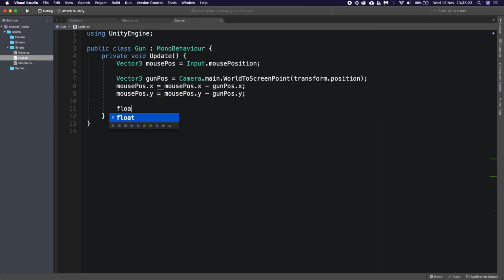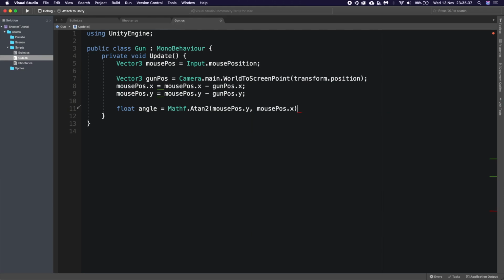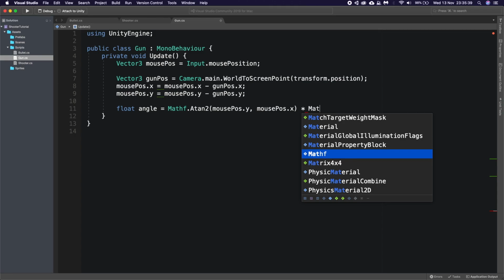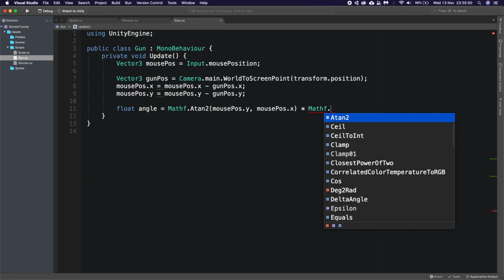So we're now going to say, we need an angle now because we want to rotate the actual gun. So we're going to say Mathf.Atan2. We're going to say mouse pos.y and mouse pos.x times Mathf. So this here gives us the value as radians, but we want to turn it into degrees.